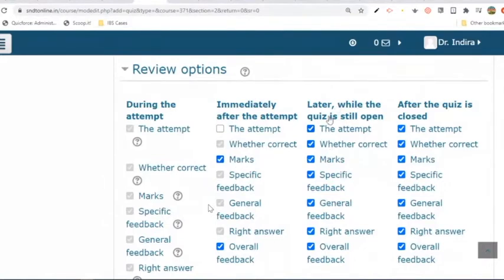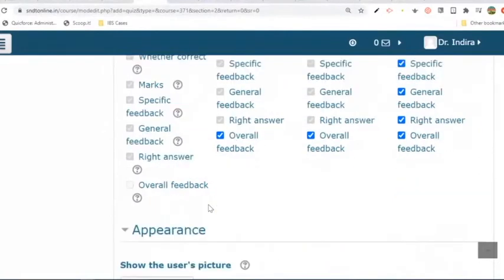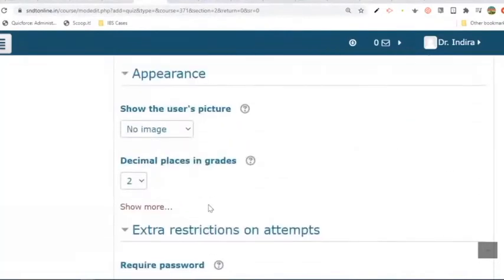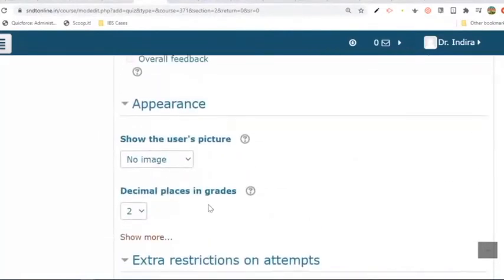Similarly, later while the quiz is still open, if you uncheck the first one, the attempt, automatically all these will be unchecked. So never give this option of right answer. After the quiz is closed, that is after 2 hours, I mean 8:30, then they'll be able to review their questions and compare their answers. Where did he or she go wrong?